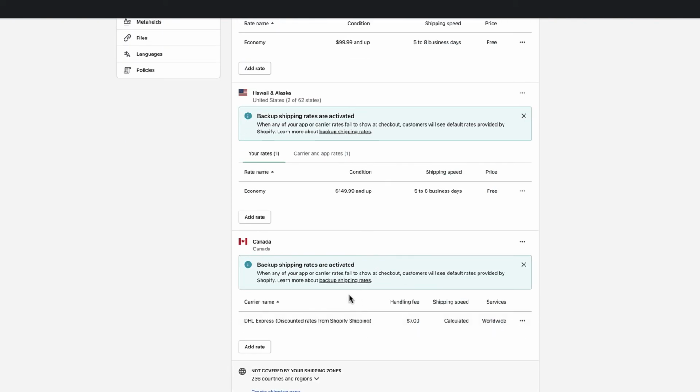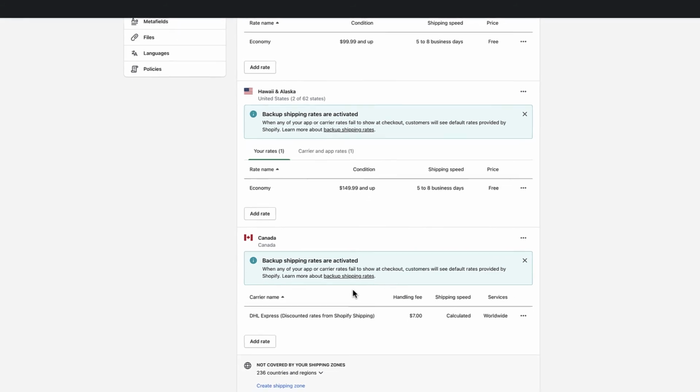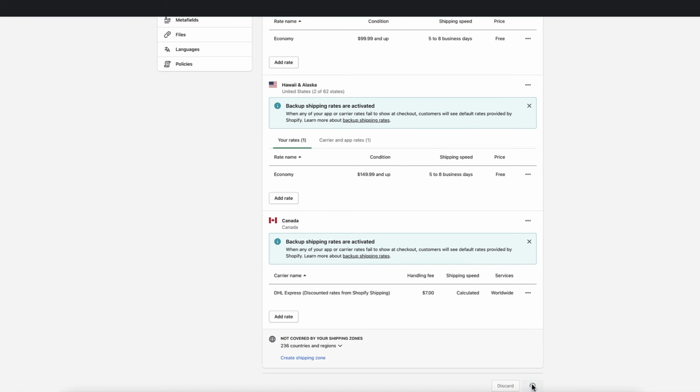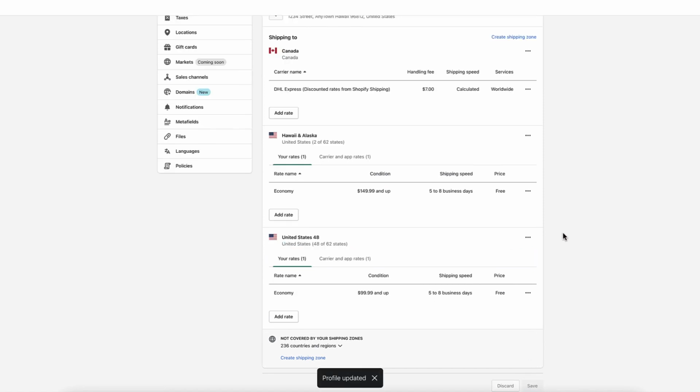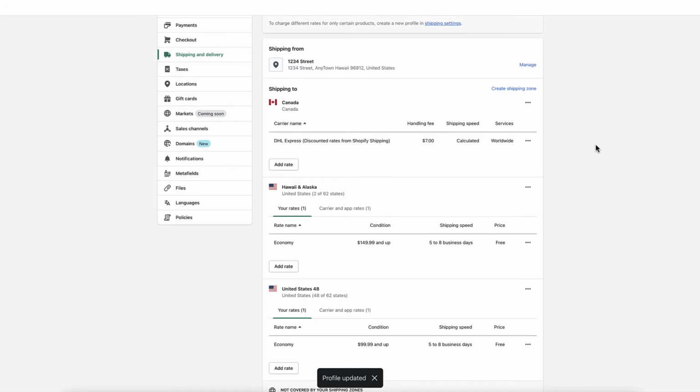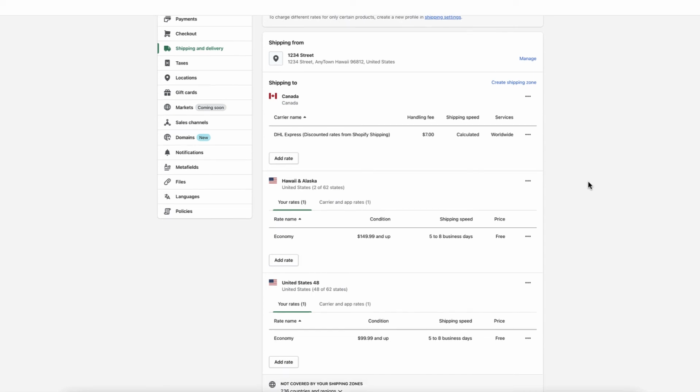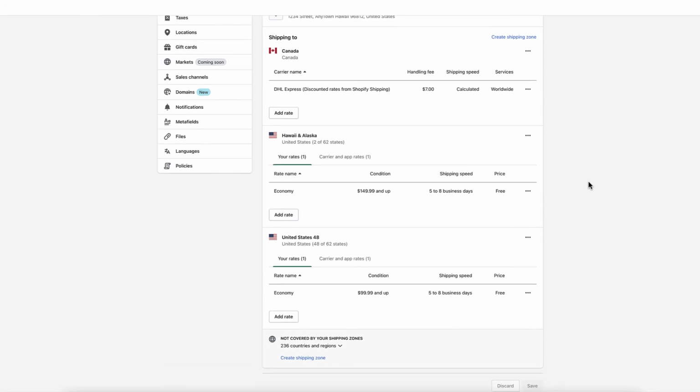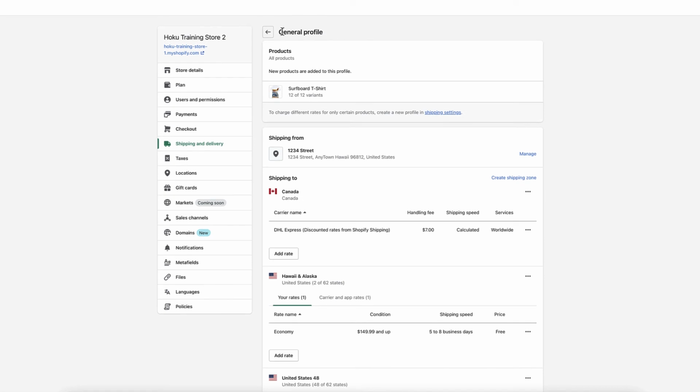And we now have another shipping zone set up within Shopify. Let's go ahead and click Save. You can create almost as many shipping zones as you want, so you can get as specific as you want in creating those shipping zones. And once they're set up, then it's automated. It'll do it automatically on checkout. But there's one other thing that comes up with shipping that I want to show you.